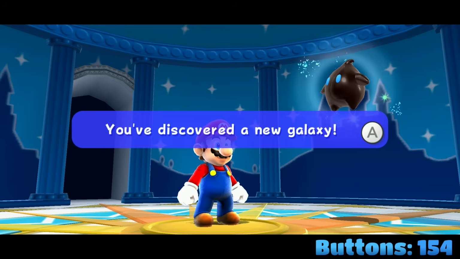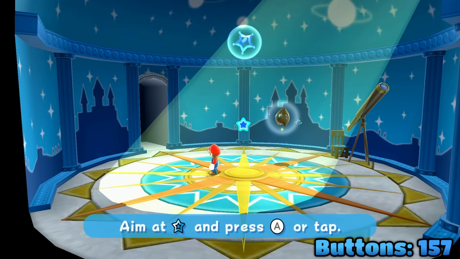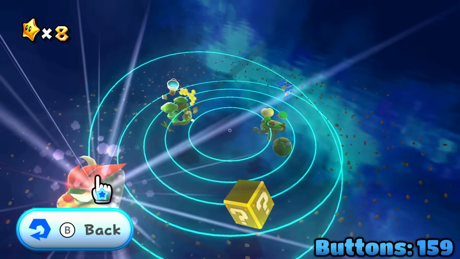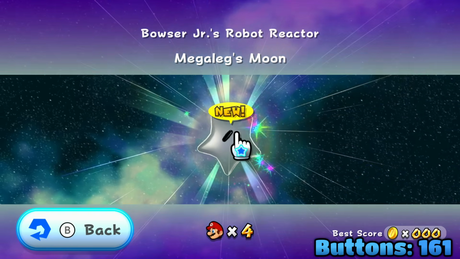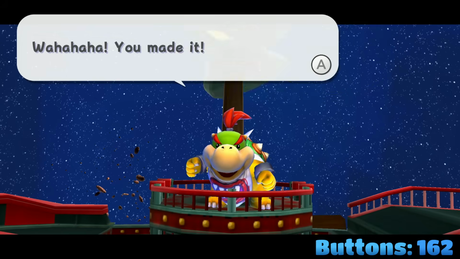Skip the breakdown with 4 A presses, skip the Luma's dialogue with 2 A presses, and then select no. Now we move on to our first encounter with Bowser Jr. at his robot reactor. So we pull star, unlock Bowser Jr.'s robot reactor, select it, fly, and select the Mega Legs Moon star. Lure this bullet bill to break this cage, use the launch star, and then skip Bowser Jr.'s